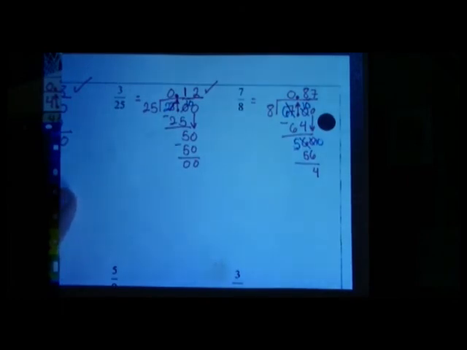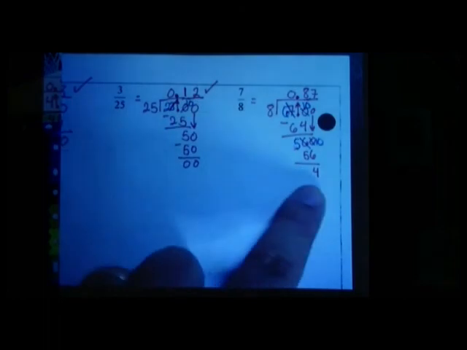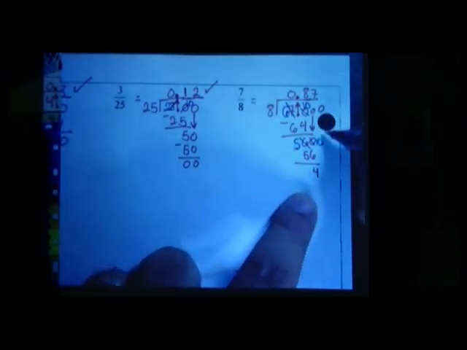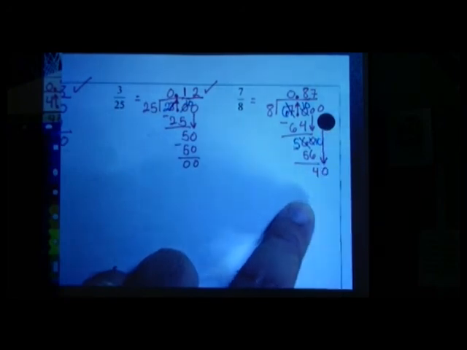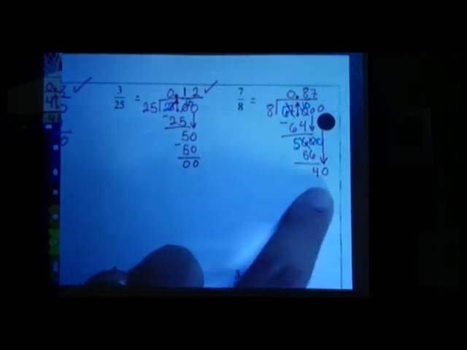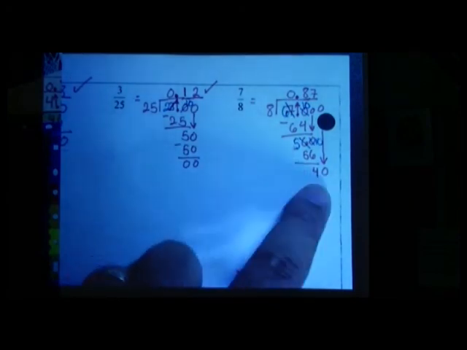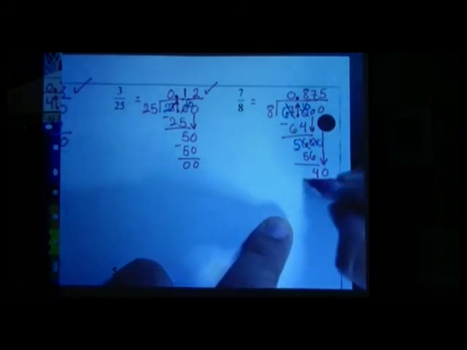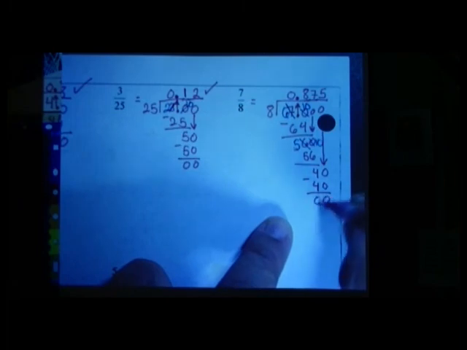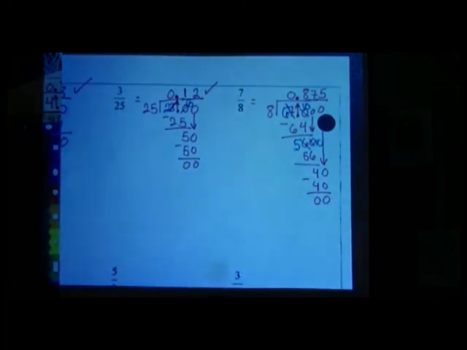I still haven't found a repeating pattern or a terminating decimal. I have not gotten a 0 for a remainder. So that means I'm going to have to add another 0 and bring it down. And that means that I have 40. Now I know 8 goes into 40 evenly because I know that 8 times 5, which is going to be my next number in my quotient, 8 times 5 is 40. So when I get that 5, I know that I'm finished when I subtract the 2 40s and I get a terminating decimal,